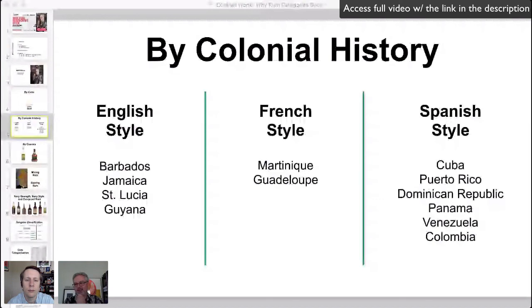The English, in particular Jamaicans, clung to the pot still for a very long time, whereas the Spanish were coming new into it. Like, hey, there are these fancy new column stills, let's use them. So it was history that caused different colonial powers to distill rum differently. The problem is that the world didn't stay still after that happened, and different rum distilleries kept coming online and doing things differently. If you take English style rum and say it means pot or column still or a blend, and molasses,